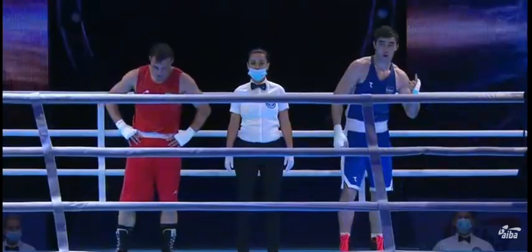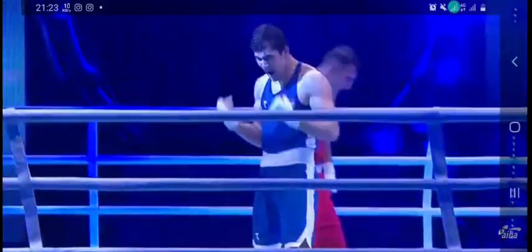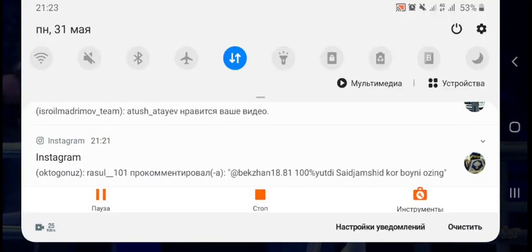The winner by split decision in the blue corner representing Uzbekistan. Well, it was close. Yes, it was close, and I think that's probably right with the effort that